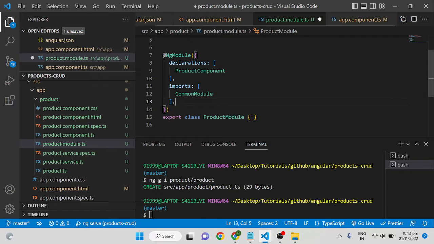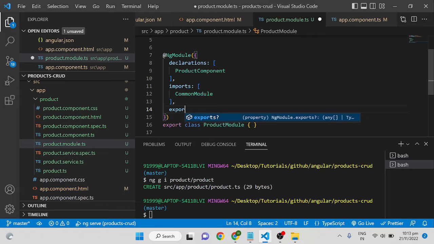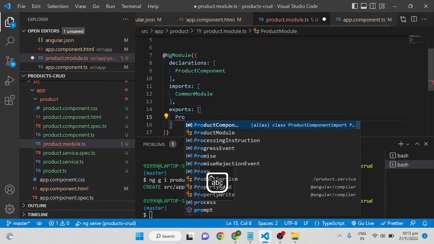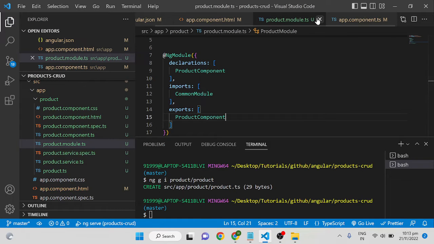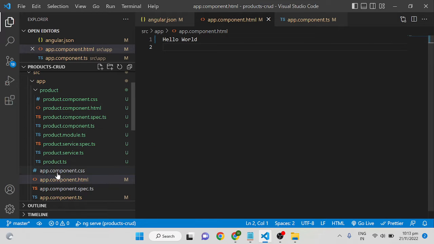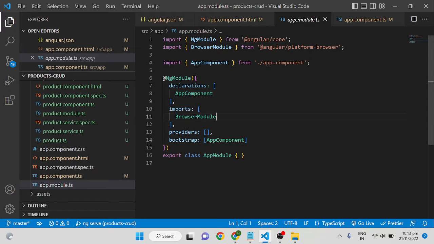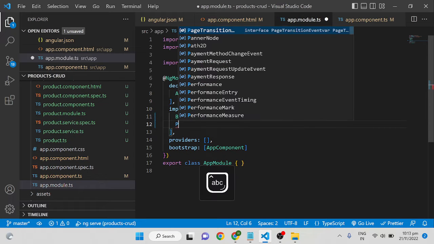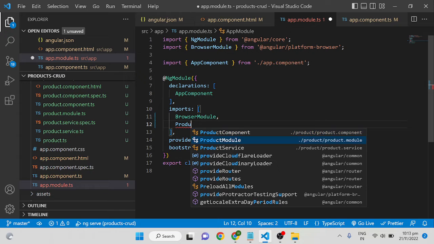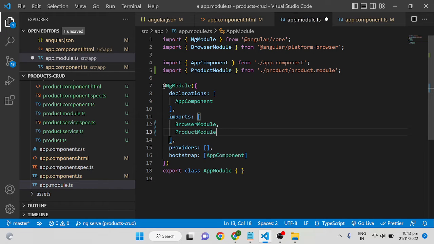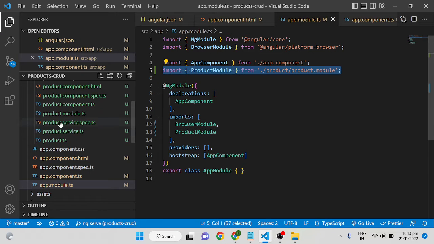In order to access the product component in the other modules, you have to export that component. So exports, then you have to export the product component from here. Once that has been done, you just come to the app.module.ts and you have to import the products module. Once the product module has been imported, you have to go to